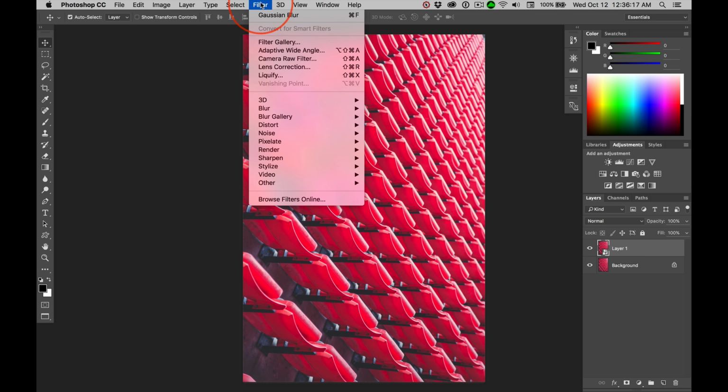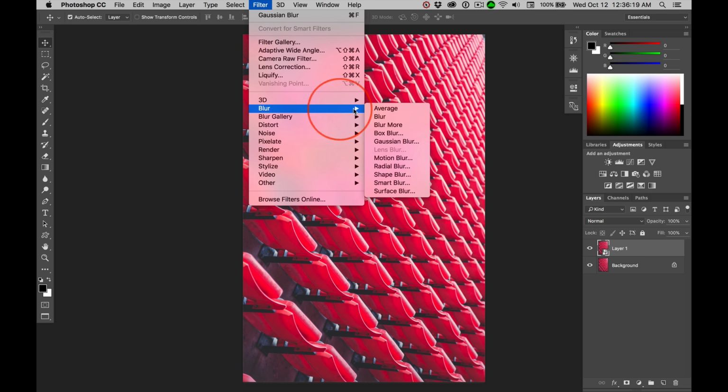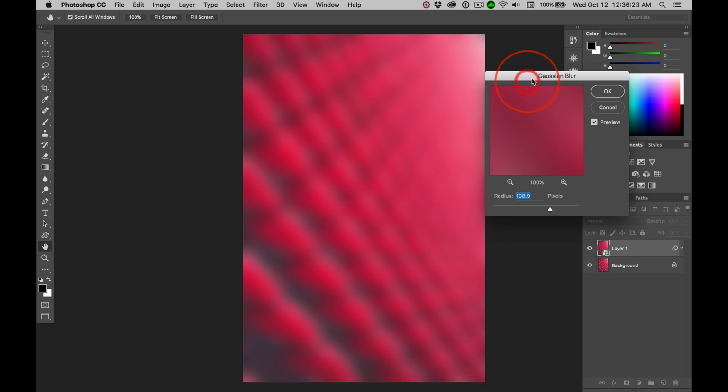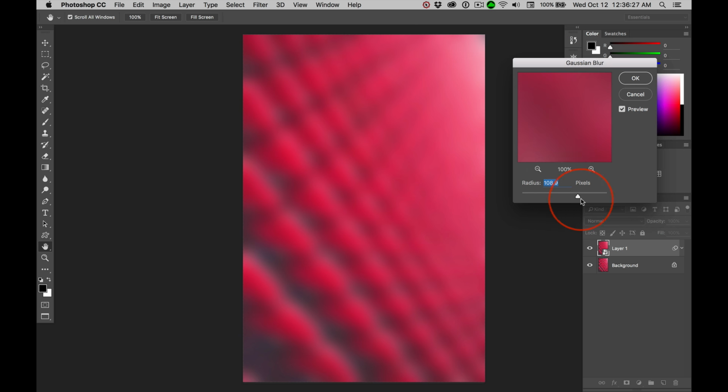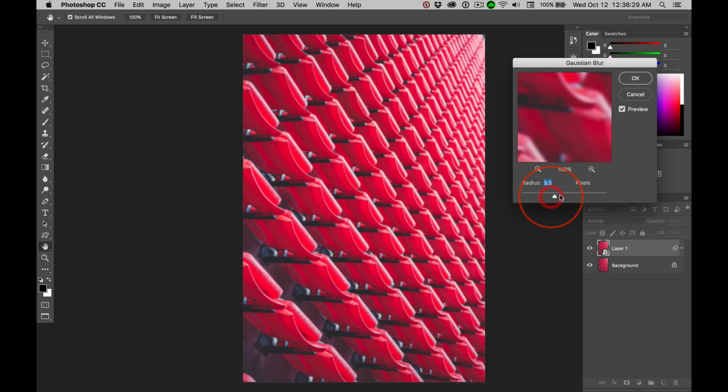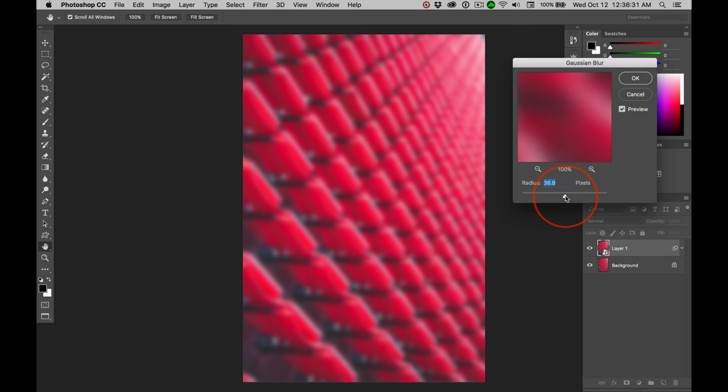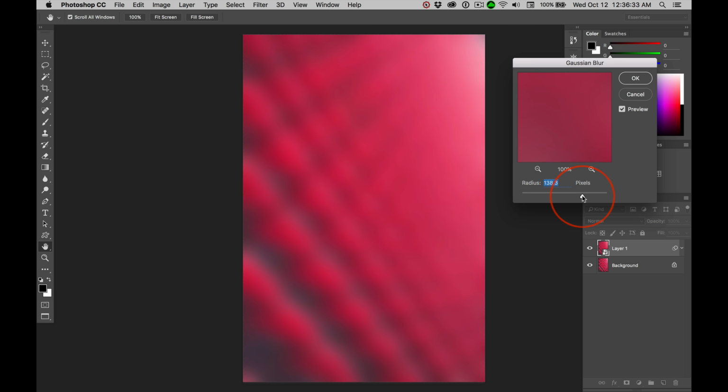Then I went to Filter, Blur, Gaussian Blur. And this is the setting that I used. Wherever you want. I wanted these seats to not be distinguishable, but I didn't want them to be completely washed out like this. So I took it somewhere around 108 or so